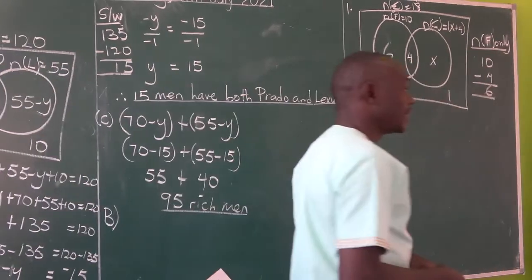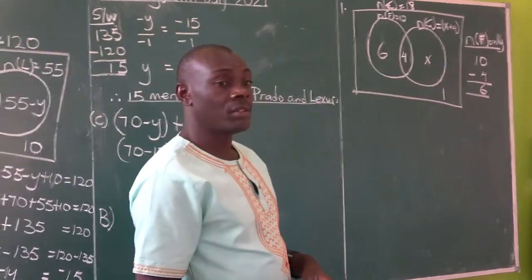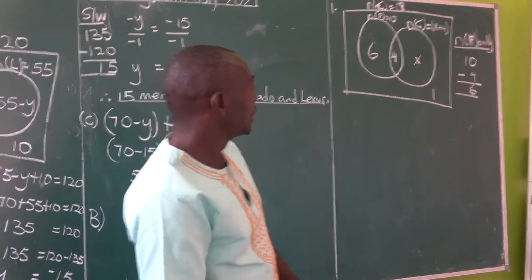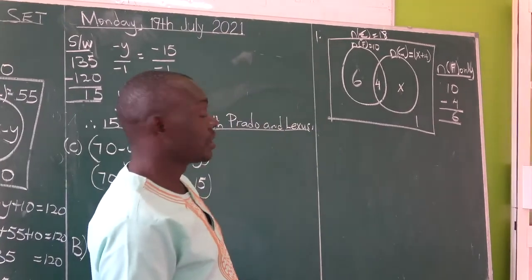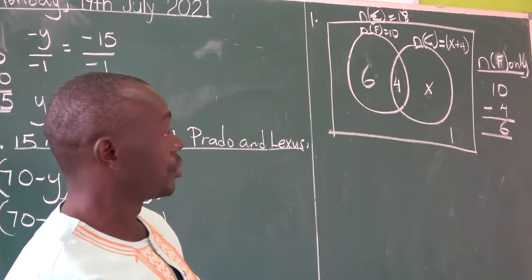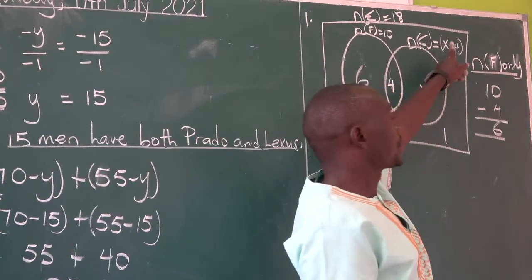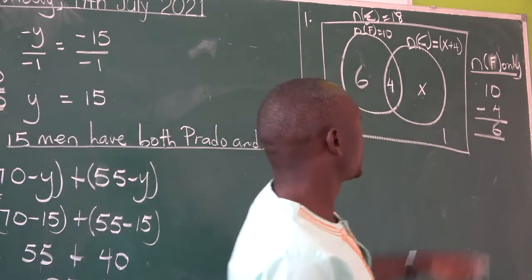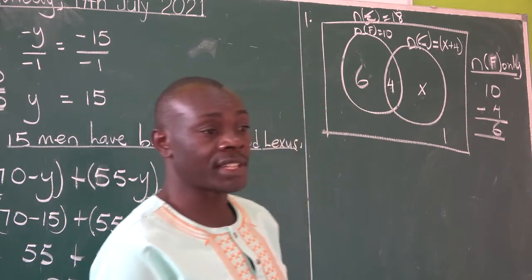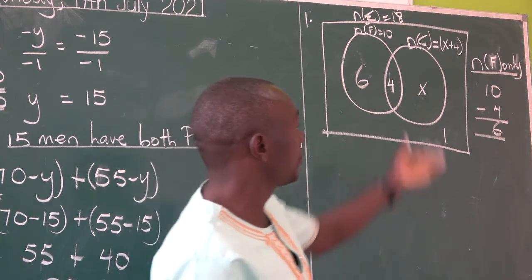X plus 4 and 4 plus X mean the same by virtue of what is called the commutative property, if you did some properties of numbers in P6 first term. There are 3 kinds of properties: associative property, commutative property, and the distributive property that's very common. You are free to say X plus 4 or 4 plus X. It's better to put them in brackets. Why do you put them in brackets? To mean you have just failed to add them together. You tell the examiner, if you succeed in getting one answer from the addition of X and 4, then you will be perfect. But as for me, I'll never.